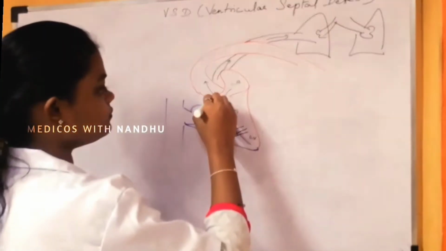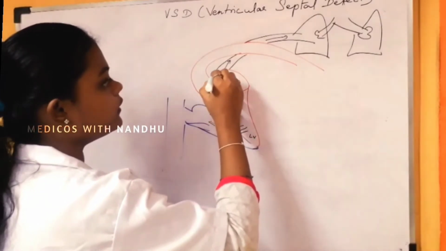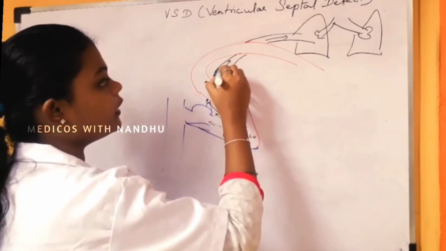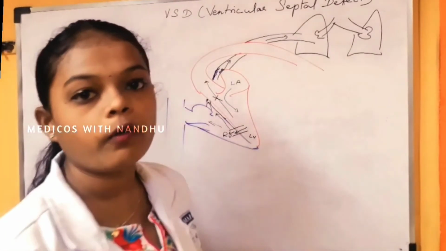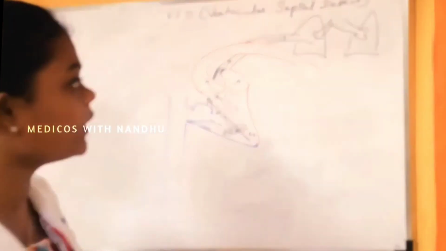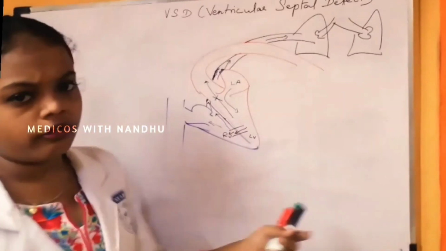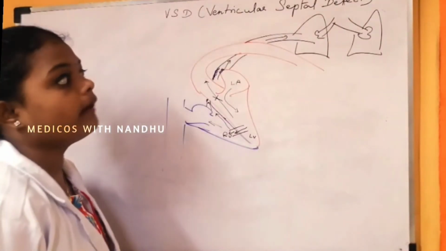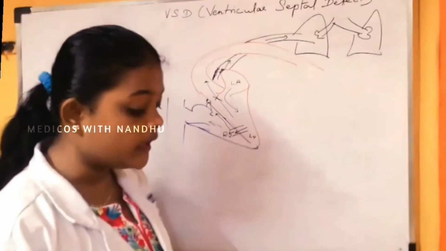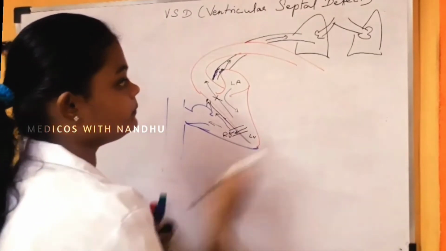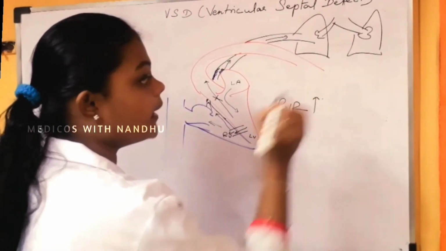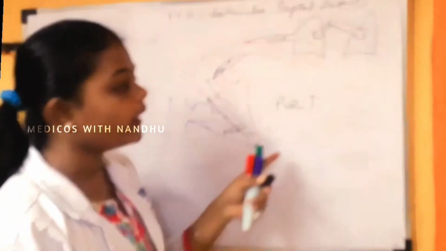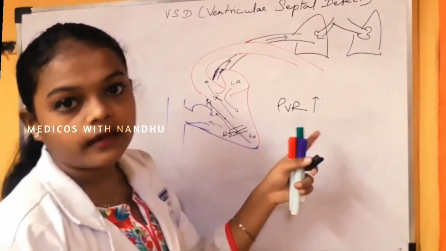Okay, so endothelial tissue will be there, endothelial cells, and the endothelial cells will have dysfunction and valvular remodeling take place here. Because more amount of blood is moving, pulmonary vascular resistance will be increased. This was the main point. Pulmonary vascular resistance is increased, but it should be decreased after birth. But here the pulmonary vascular resistance increased.